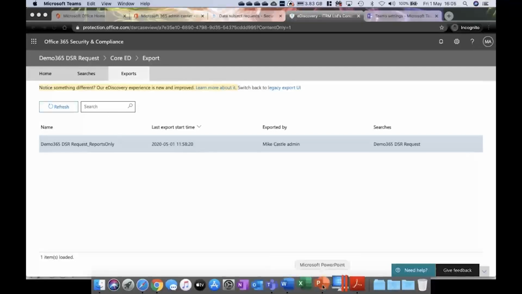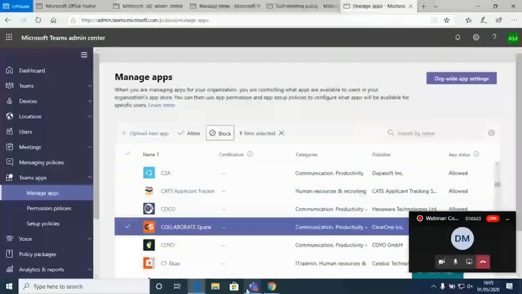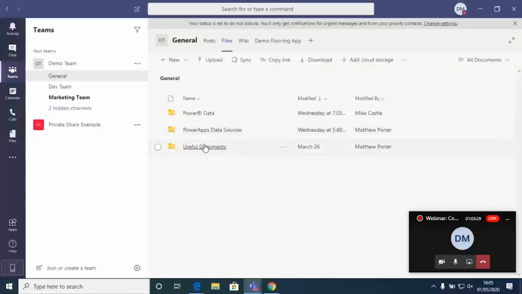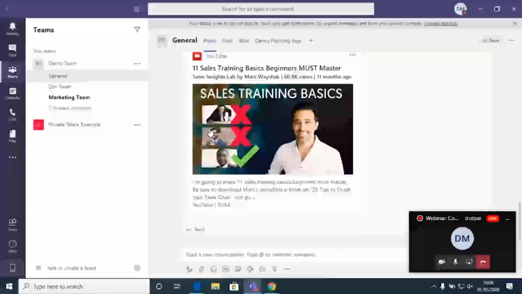First question we had was, does this automatically save documents to SharePoint? Yes, it does. Where we show that library, actually, Mike, I'm just going to put my screen up to illustrate it more easily. If I pop back to that Teams we had before, the data within any of these folders is actually all in SharePoint. All that Teams does is aggregate all the different information into a single place. So this data is in SharePoint, the posts are kept within Teams, and although it's in the same interface, it's all in the same place. Hopefully that answers that one.